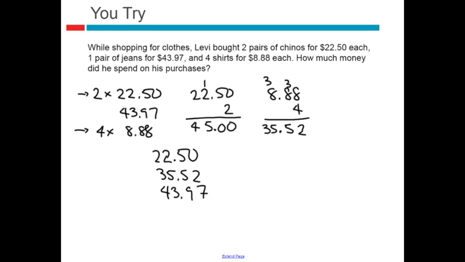That should be $45 because I multiplied by 2. I did all that work, right? So I need to multiply the $22.50 by 2 to get that $45. I took the 8.88 times 4 to get the 35.52, and we need to add the $43.97. When I add these,